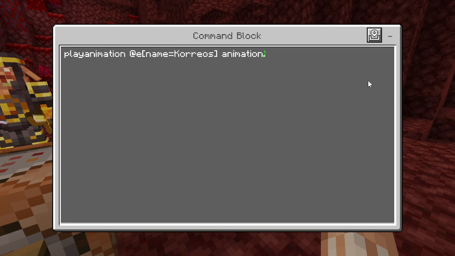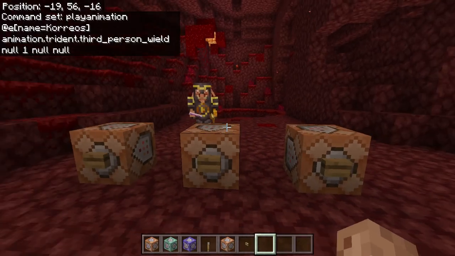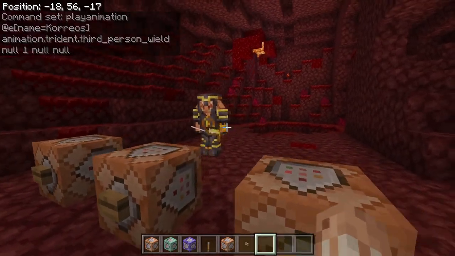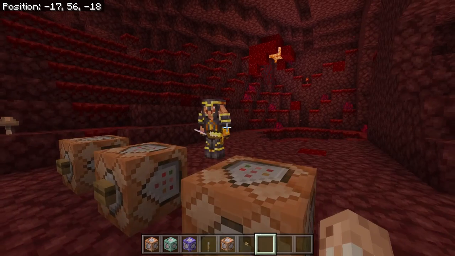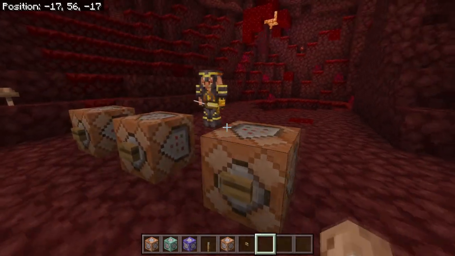I don't know if this is going to be correct, but I think it's something like trident third person field, and then your animation, your null strings, I guess. We'll just call them that, because they don't need to be anything in particular. Okay, so now if I just press this button here,